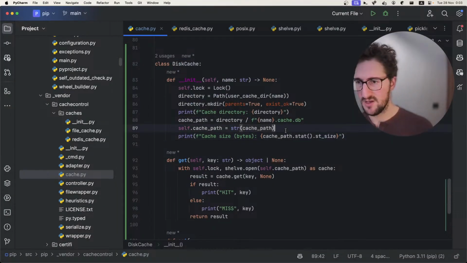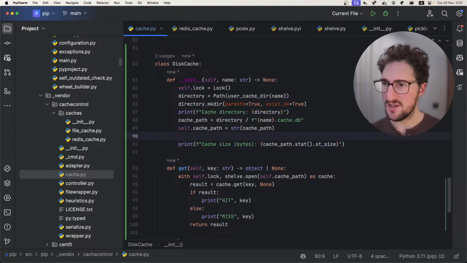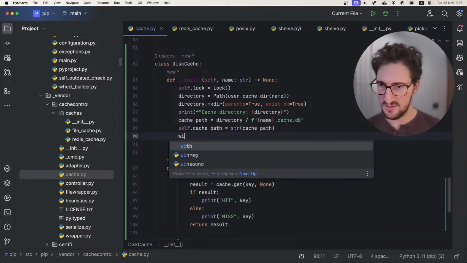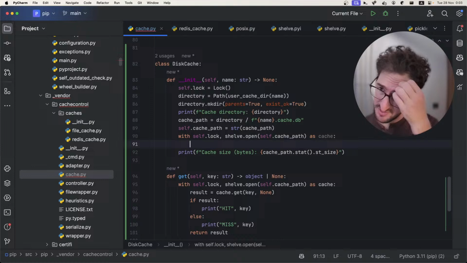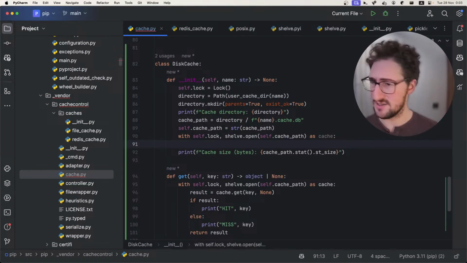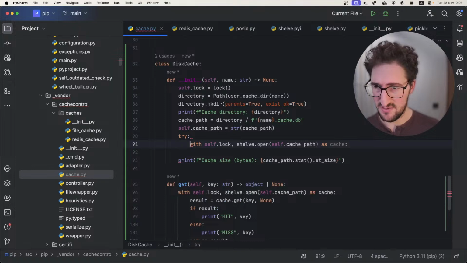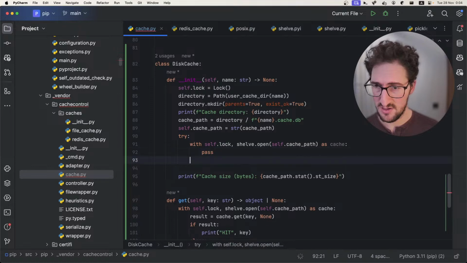Okay, so we can try this again. Apparently, I needed the .db extension here, which is crazy, but sure. So with self flock open, blah blah blah, we can try that. If that does not work, try, pass and except